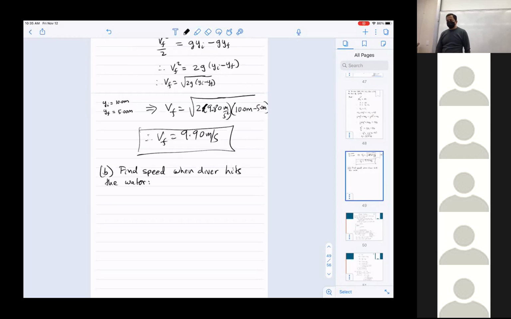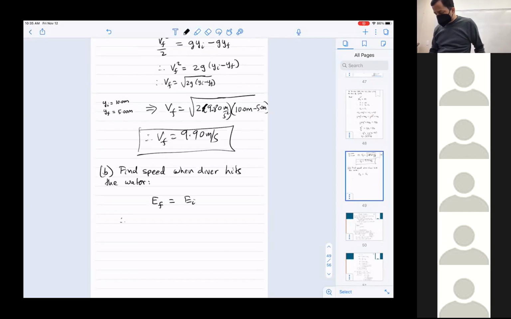Again, I can use energy conservation. E final has to equal E initial, where E initial I can just think of as him jumping off the springboard. And when he hits the water,